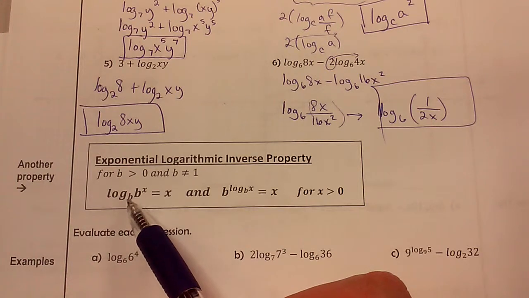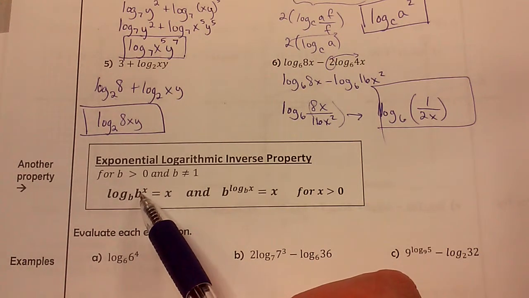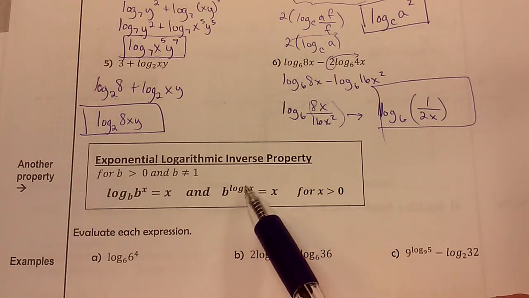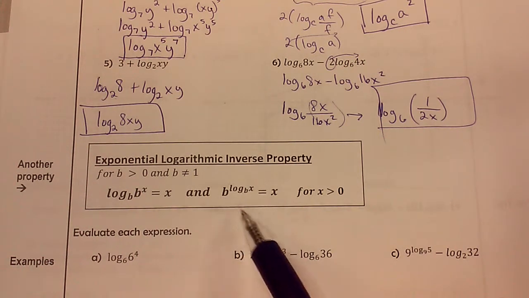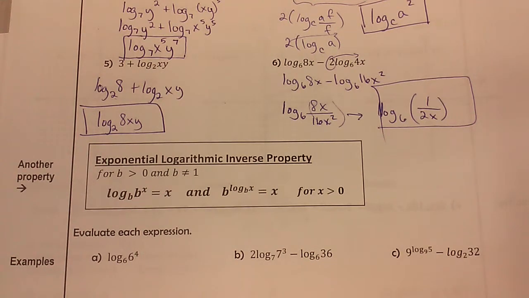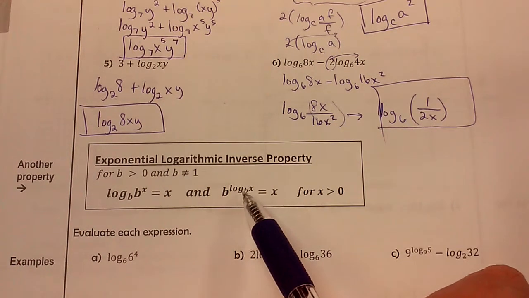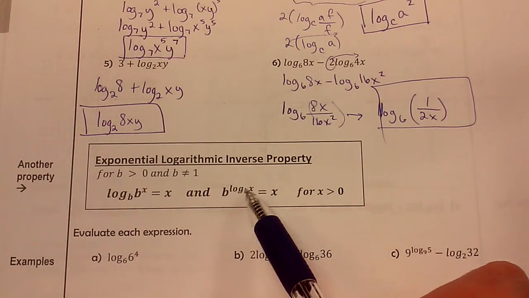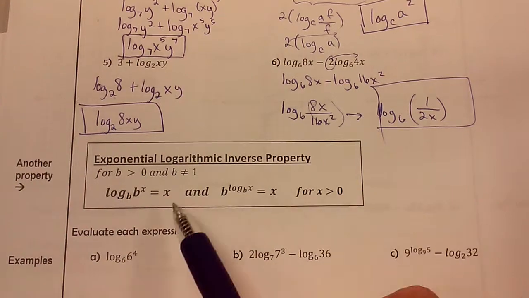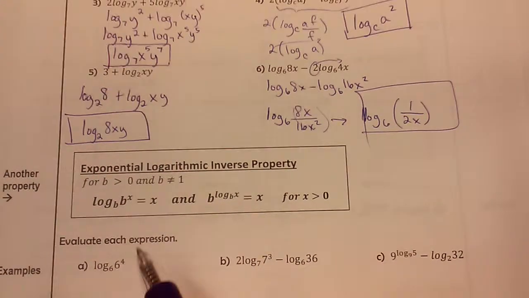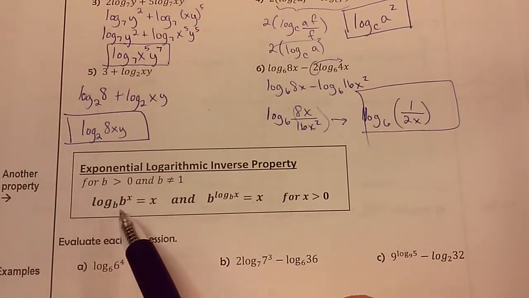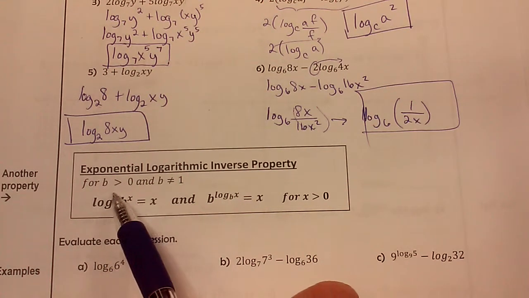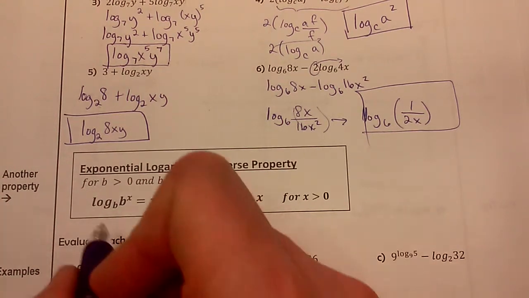So in this case, when I have a log of an exponent and they have the same base, or if I have an exponent with a log up in the exponent and the bases match, these inverses sort of undo each other. And what I mean by undo is sort of cancel, like using inverse operations. And what's left is this x value. So this is kind of cool, and there's a few different ways I can show it. But let's just think about our power property here, right? If this power, this frog jumped over the log and came down here, it would look like this,